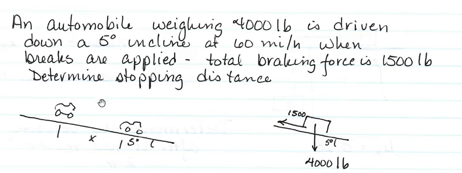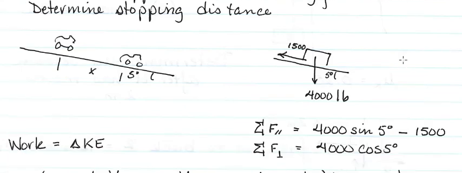As usual with my artistic ability, I've got a car. We're going to try to determine the stopping distance along our inclined plane. We know it's a 5% incline, and we're told that the total braking force is 1,500 pounds. That's going to be the friction plus the brakes and all of that, but we don't necessarily have to calculate it out. So we're going to use our work as a change in kinetic energy theorem,